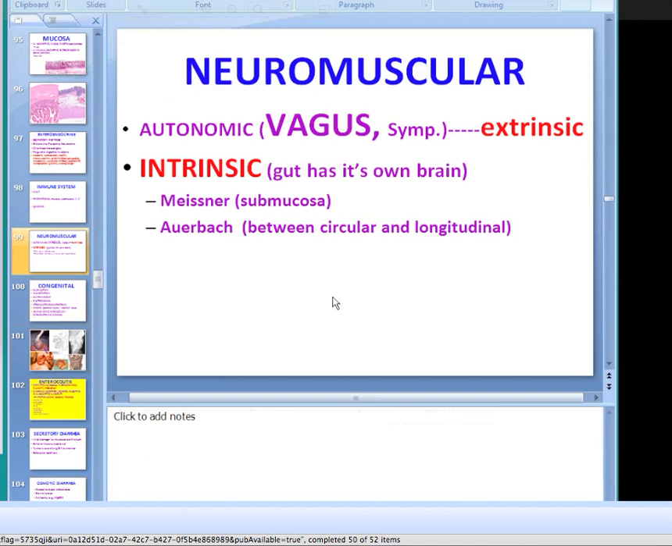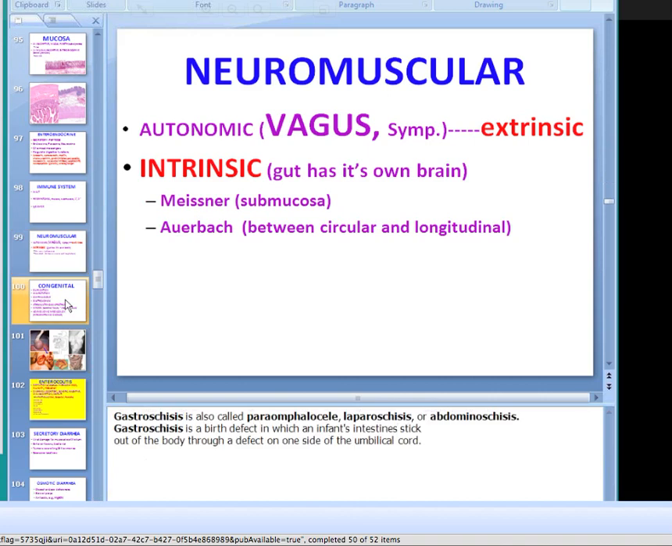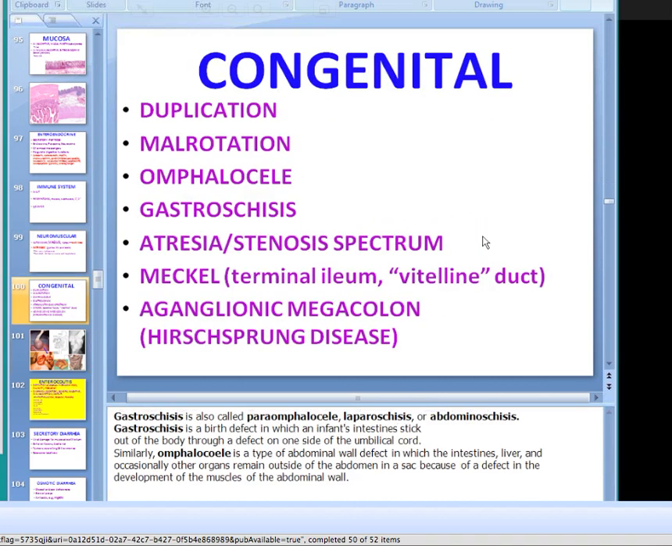So if you cut the vagus nerve and the sympathetic functions to the gut, you could still have peristalsis simply because we have an independent collection of neurons called Meissner's and Auerbach plexuses. And if you want to think of Auerbach as those little ganglion cells you see always between the circular and longitudinal muscle layers, and of course the Meissner's, which is in the submucosa, that's the intrinsic independent brain of the gut. Okay, let's talk about diseases,